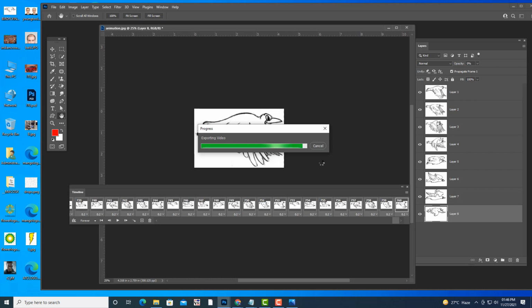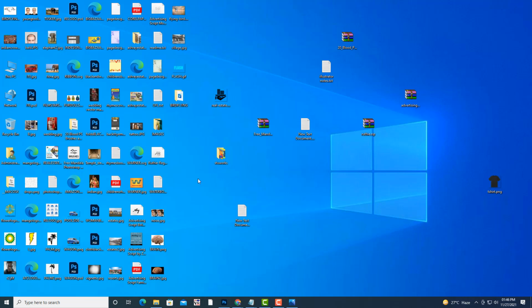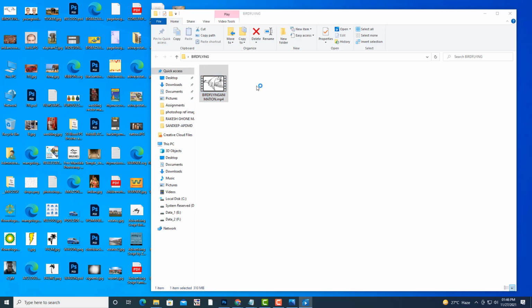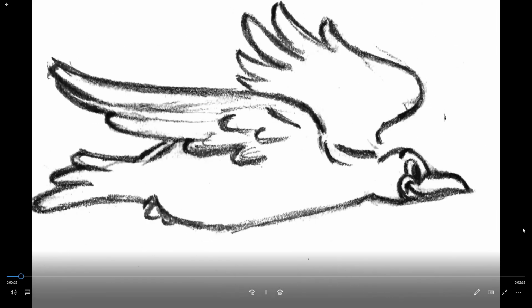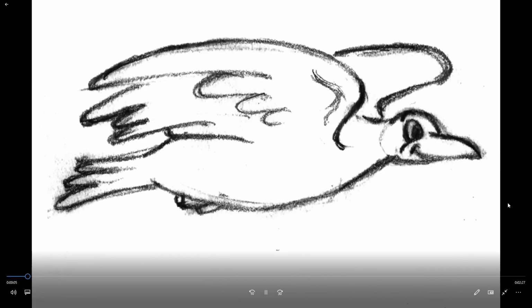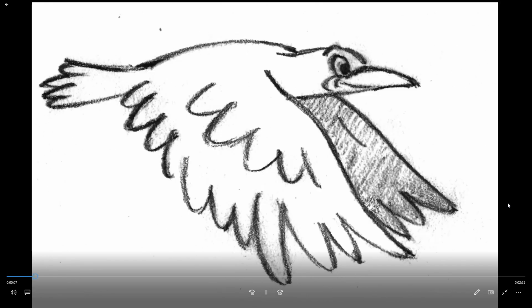Well, it's almost completed. So where is our file? Here inside the folder, which is our MP4 video file. Then we will add background music in the video timeline option.